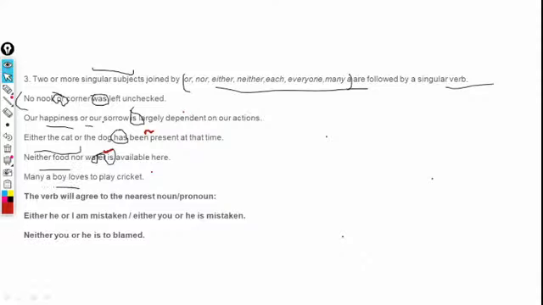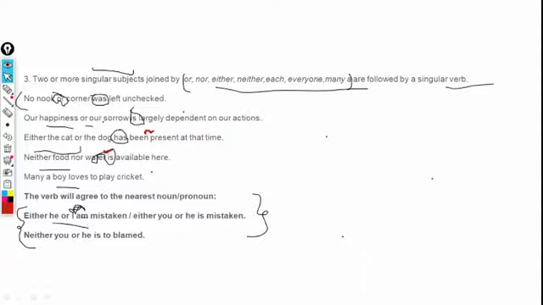Loves. But there is something that you need to keep in mind when we are talking about pronouns, that is the one which is nearest to the verb. What is nearest to the verb? The second one. That will be deciding our verb. Or in other words, the verb will follow the nearest noun or pronoun. Basically, we are talking about pronouns over here. That is why I've turned it in bold, because here there are many confusions. People get confused. Either he or I am mistaken. That is the usual mistake.